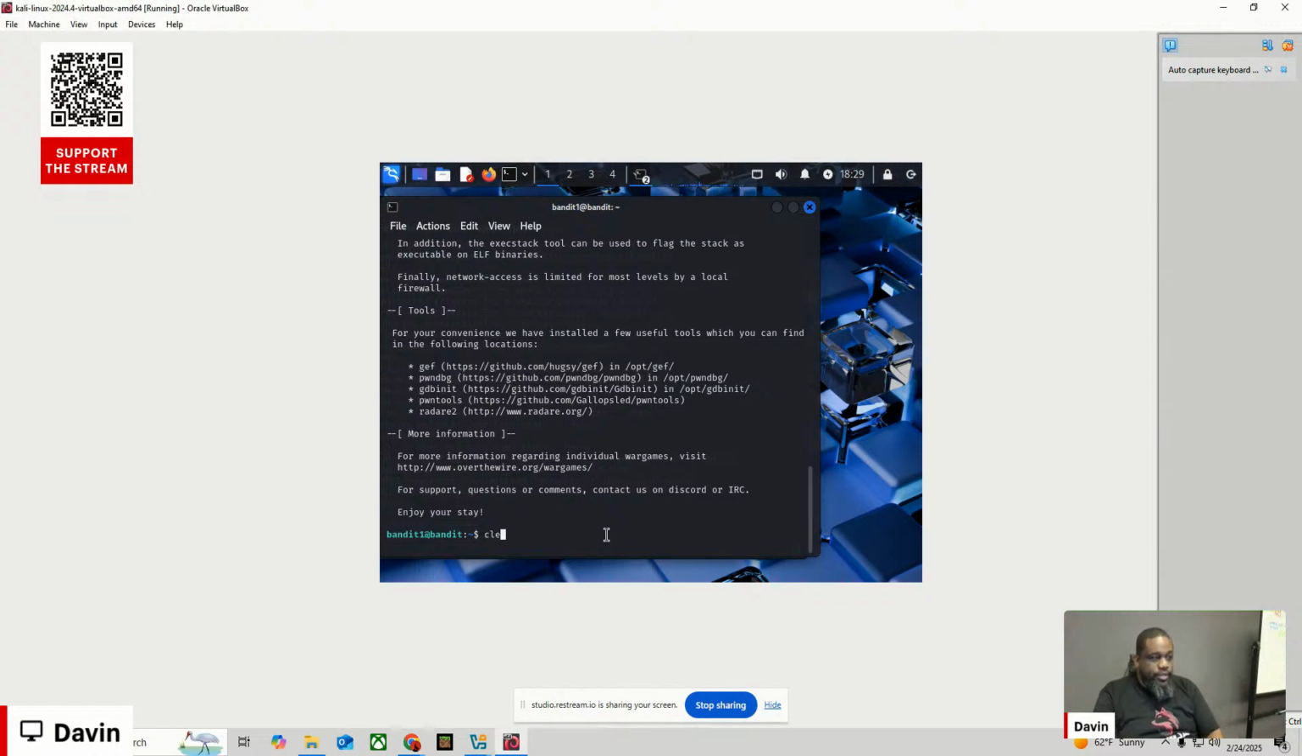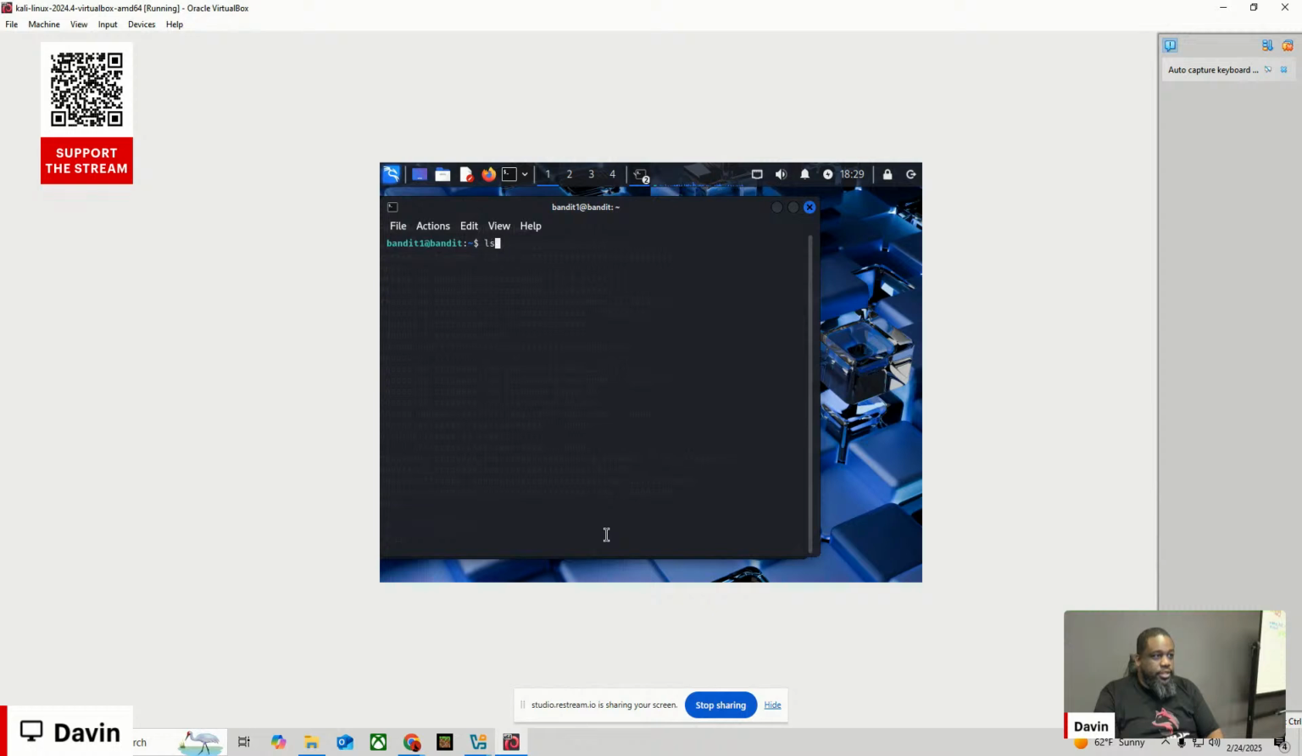So now we can clear that. And then you see there is a dash. So now can we cat dash? I don't think we can do that. So in order to do that,